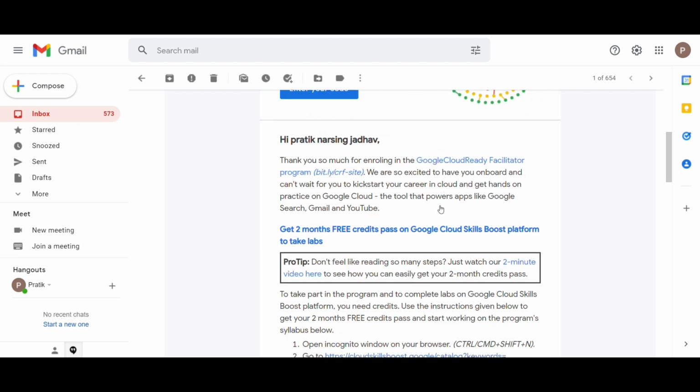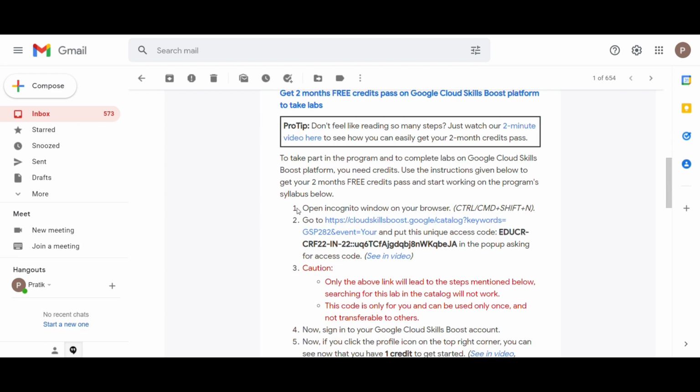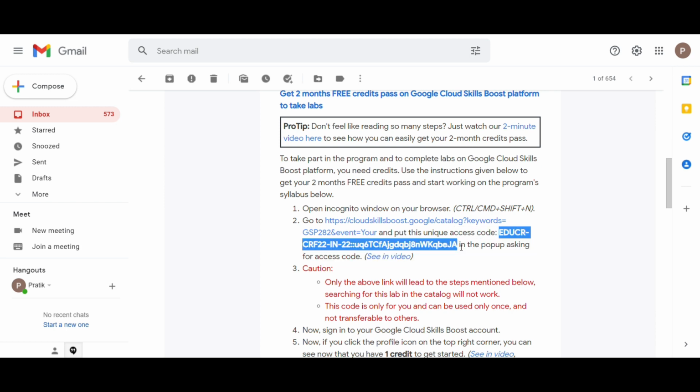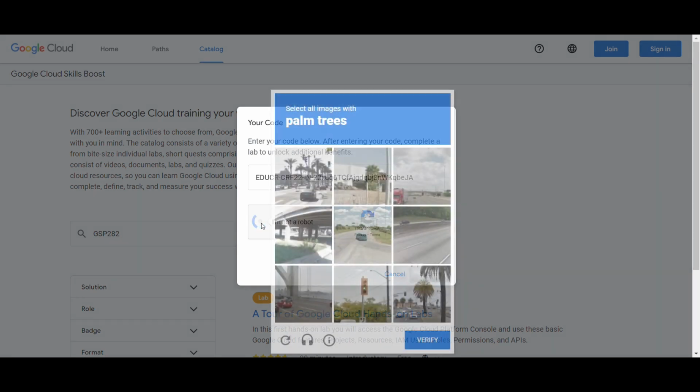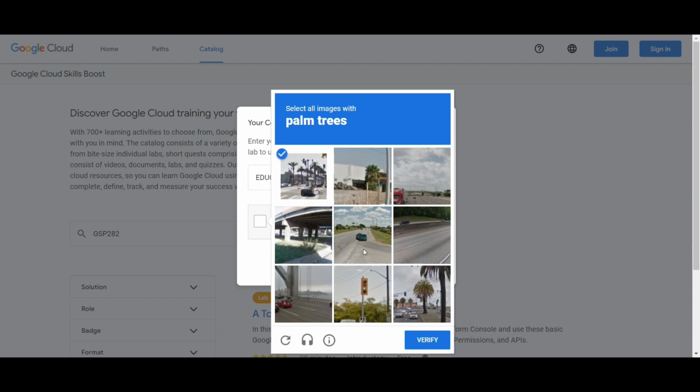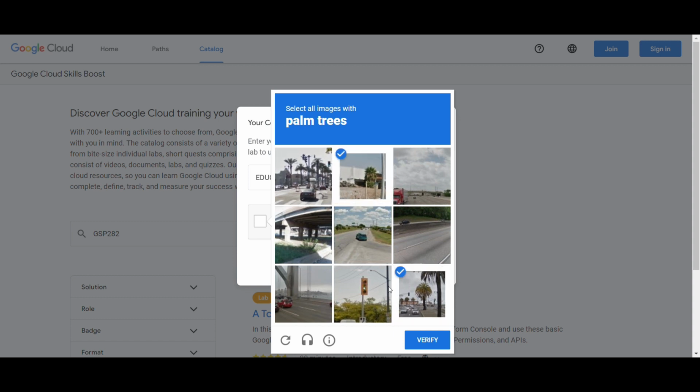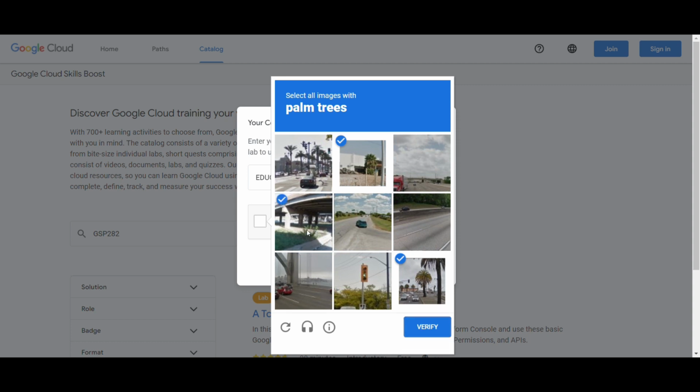Simply scroll down and here you can see open incognito window on your browser, and then you need to paste this URL. Alternatively, you can simply right click on the given URL and click on open in new incognito window. Then you need to copy your code and paste the code in the input box. Paste your own code here and verify that you are not a robot. Simply select whatever it tells you to, and once you do that, just click on verify